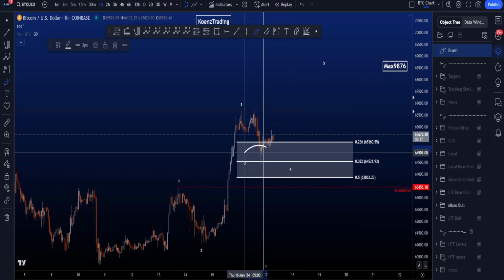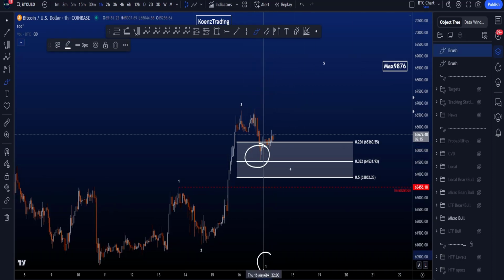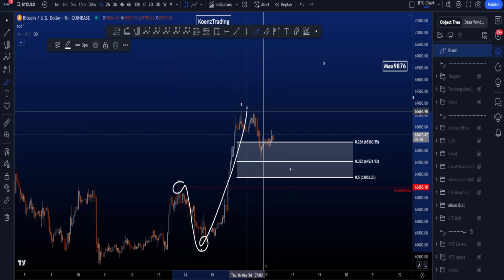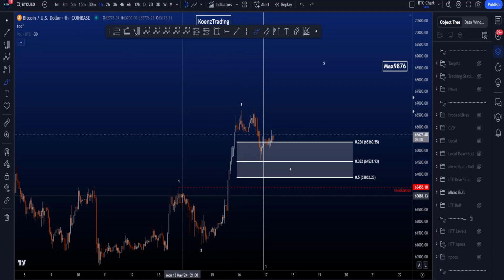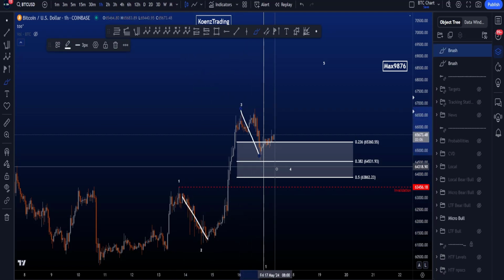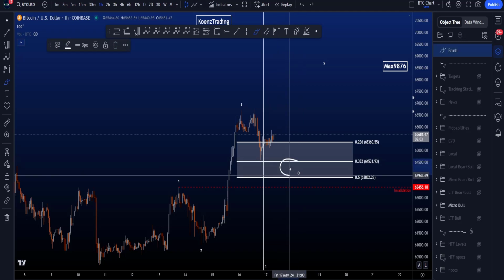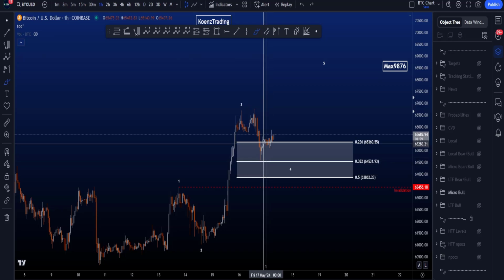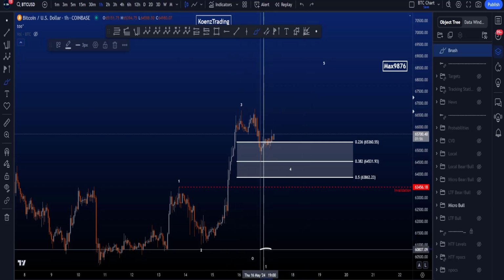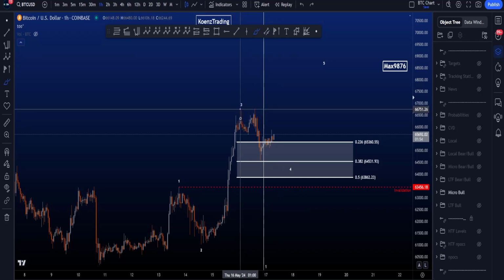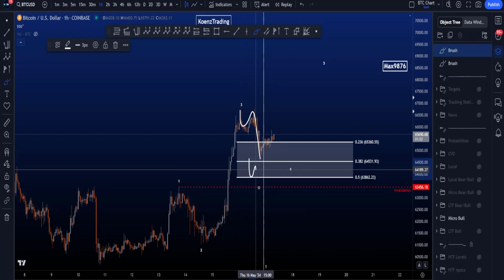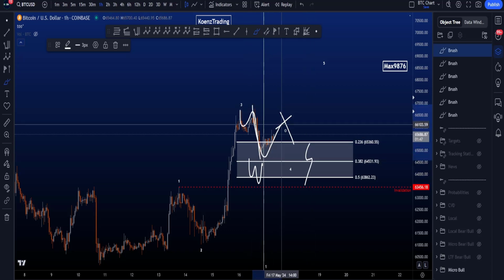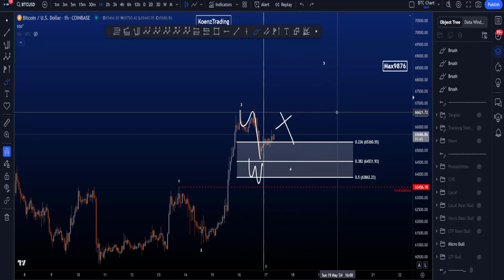A detail is that the low over here has been made before the 1-to-1 fib time, taken from the high to the low of this wave 2 and put on top of the high of this wave 3, comparing this wave 2 with this wave 4. Most commonly, a wave 4 is longer in time compared to your wave 2, meaning you would like to end the correction after the 1-to-1 fib time over here, where the first structure can be a flat in a potential W, get another X, eventually a Y, for a bigger 3-wave structure, and then move towards the upside for your